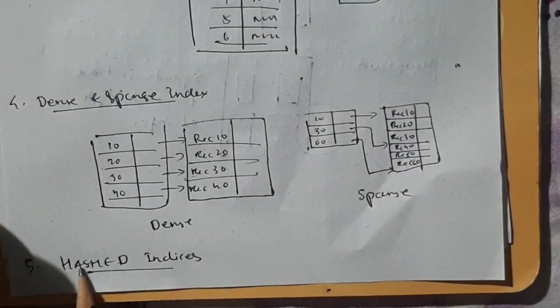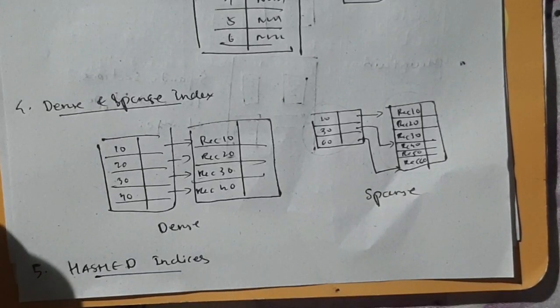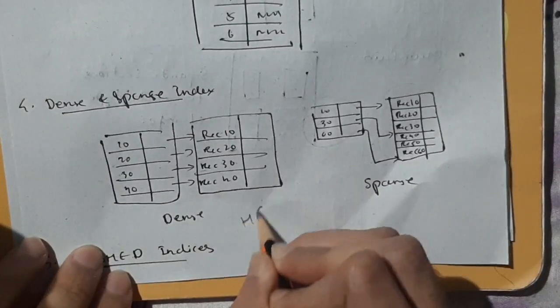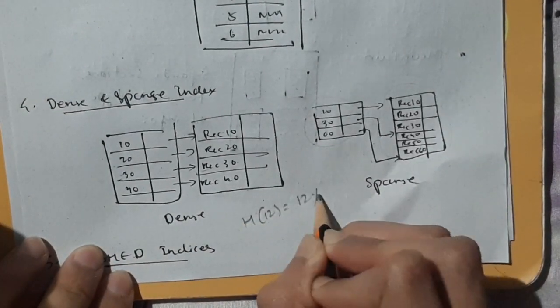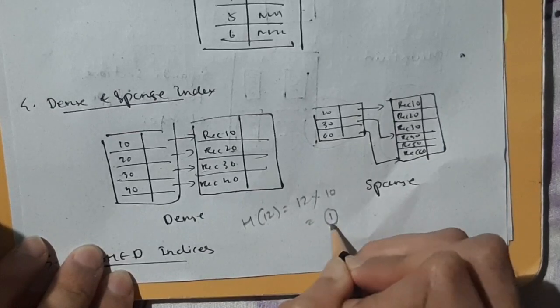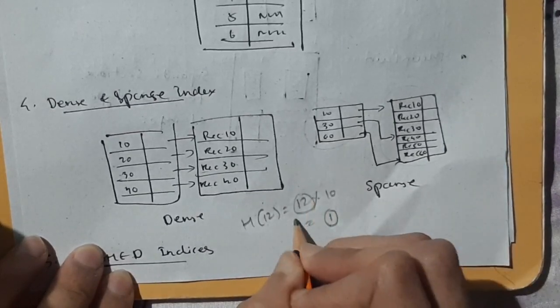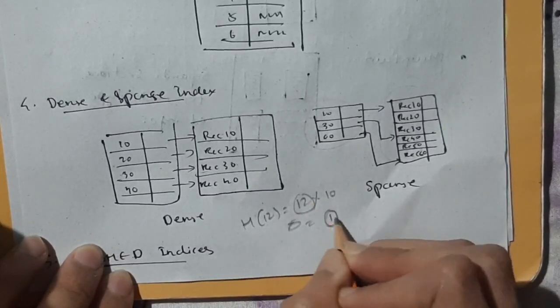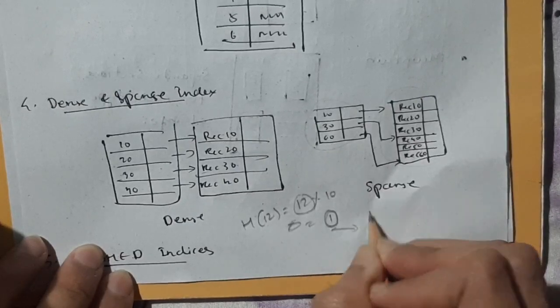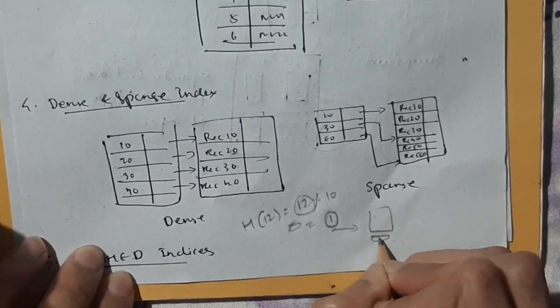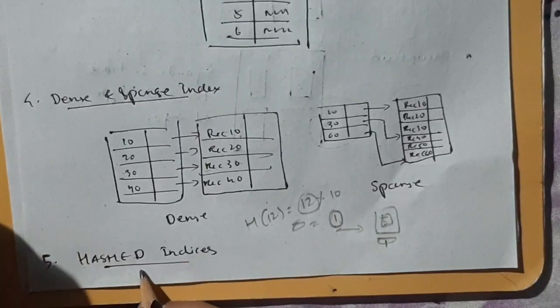Now coming to hashed indices, what is it? By using the hashing technique, they will generate the address, and that address will be stored. Like if you want to store 12, you will store it in 1. See, hash of 12 is equal to 12 % 10, that is equal to 1, right? So in the first place it will be stored. That file will have some number, due to that an address will be generated, and in that generated location the file will be stored. Okay, if it is 1 here, that file will be stored here. That is known as hashed indices.